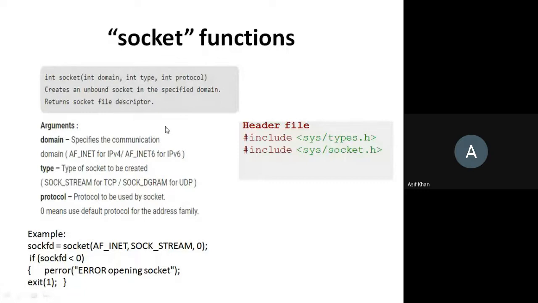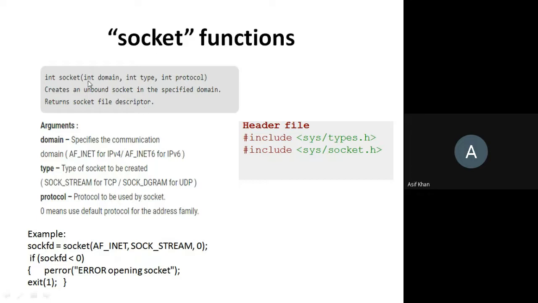Then next, the socket function. The socket function is used to create the endpoint, as I told you. See how the socket function is used. In the socket function syntax you see domain, type, and protocol. Domain means which type of socket it is. Is it an internet socket or a Unix socket, an IPv4 socket or an IPv6 socket? Based on that, which type of socket you want to create, accordingly you have to pass this argument.